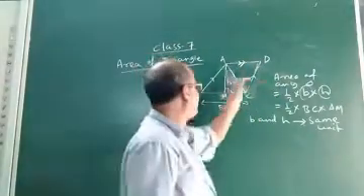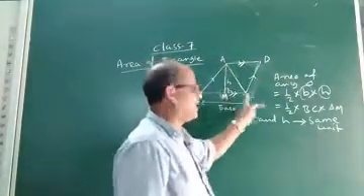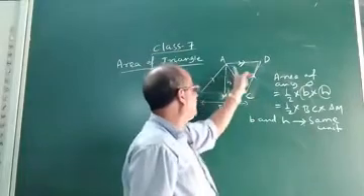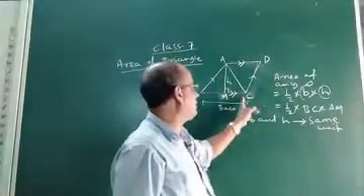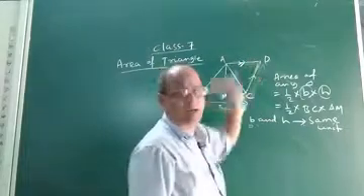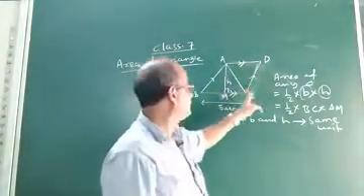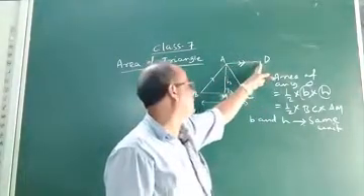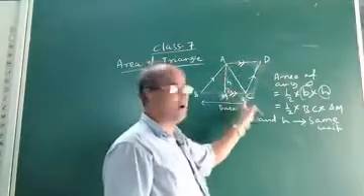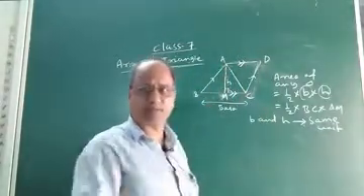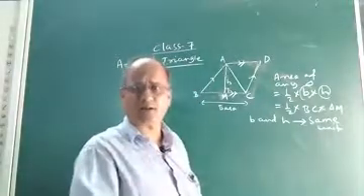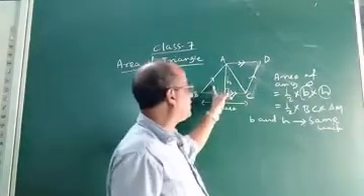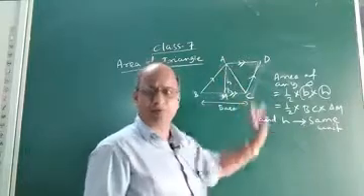Now see, CD is drawn parallel to BA and AD is parallel to BC by construction. That means you produce CD and AD so that they intersect at the point D, such that CD is parallel to BA and AD is parallel to BC. Then no doubt ABCD is a parallelogram. Already we have discussed this while discussing the concept of parallelogram and rhombus. I said in a parallelogram both pairs of opposite sides are parallel. So if CD is parallel to BA and AD is parallel to BC, then no doubt ABCD will be a parallelogram.